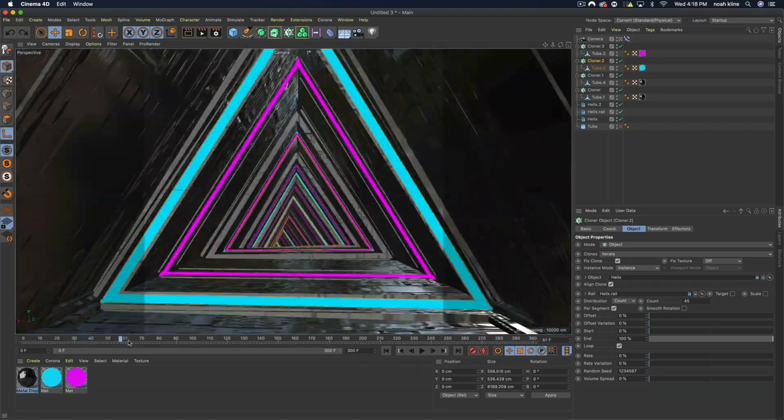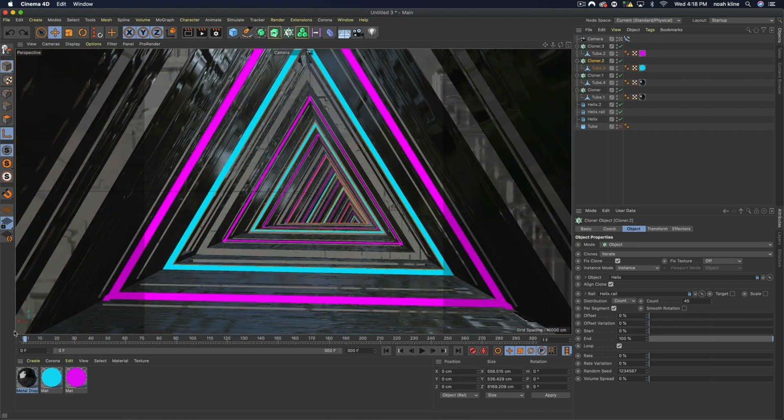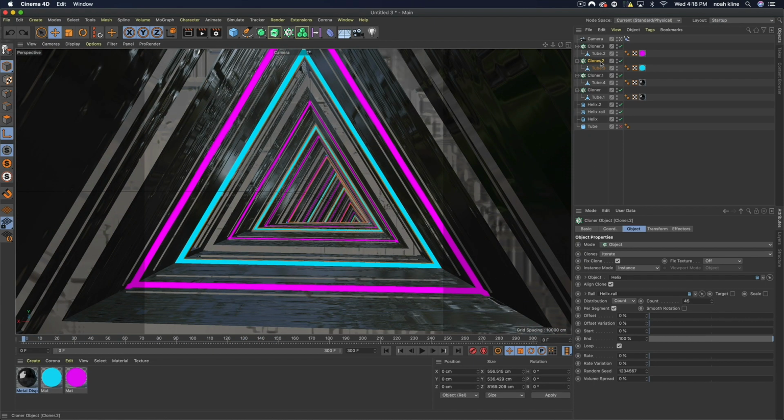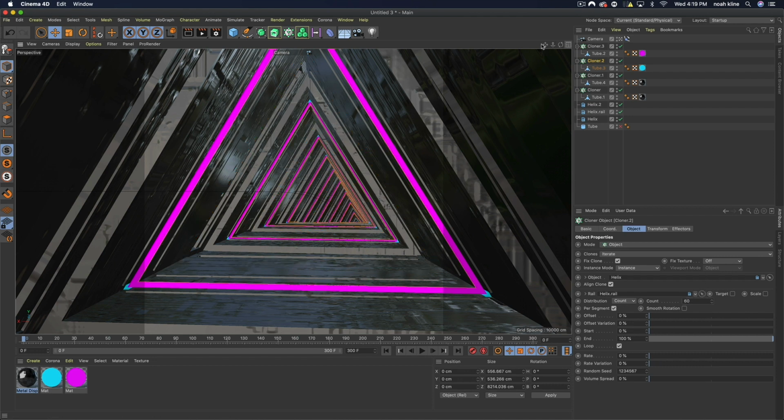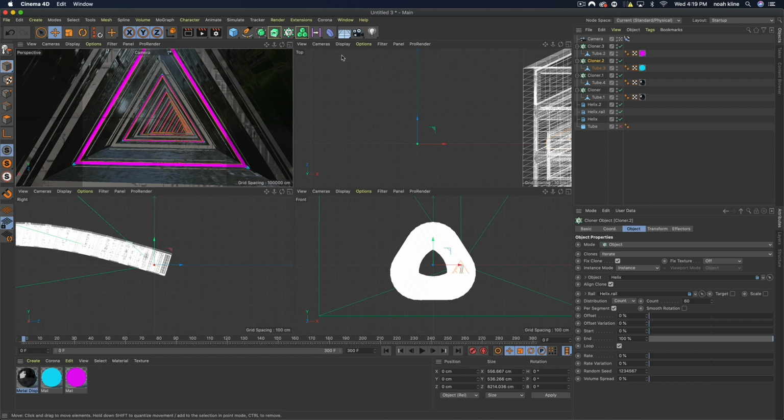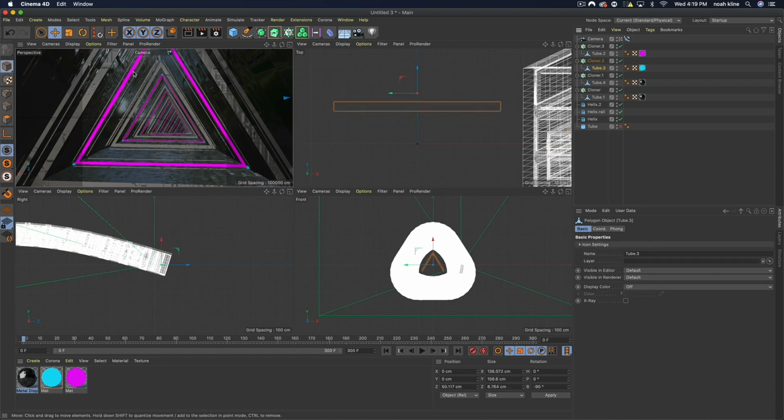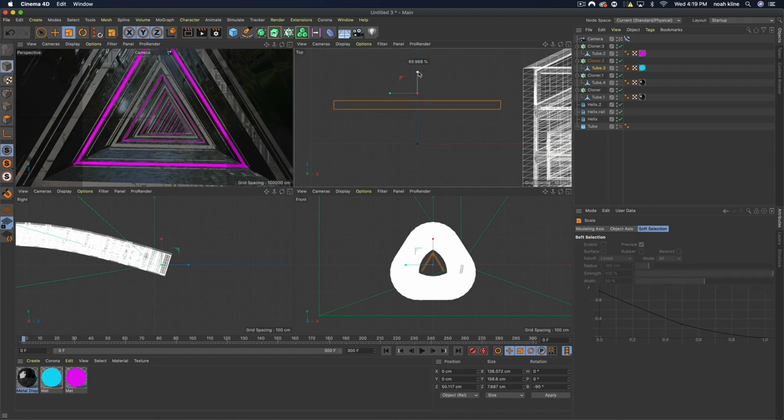Okay, so I'm not liking the spacing of the blue and pink, so let's go to the final thing I have to add to this. Let's go to the cloner, let's set it back to 60 like the pink one. Let's go to our view, our top view, and click our blue tube, and let's actually go to the scale first of all and make it a little thinner,